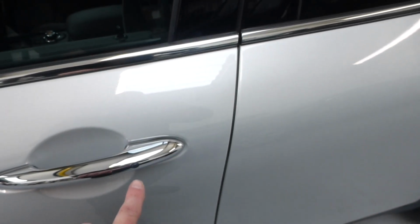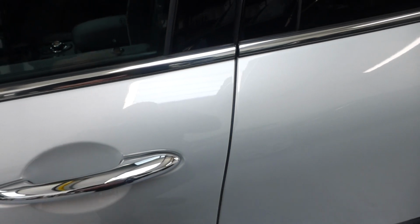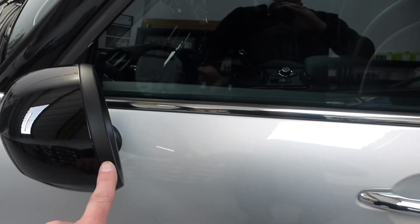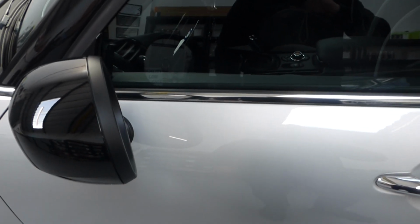Also, it has easy access, so you simply key in your pocket or bag, etc. Push the button and it will unlock or lock the car and fold the wing mirrors in. I believe it does fold the wing mirrors in as well, or you can manually fold them in, and they're also heated. Lovely alloy wheels. All the tyres are matching